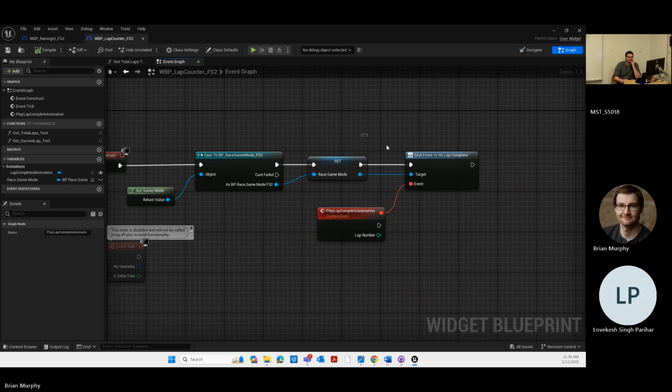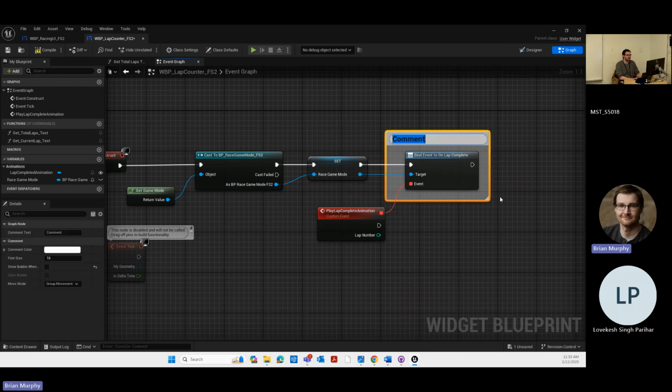If you followed along with the last couple of lectures, the idea of an event dispatcher and binding to an event should be fairly straightforward. If we were adding code, it would be like game mode dot on lap complete plus equals play lap complete animation,